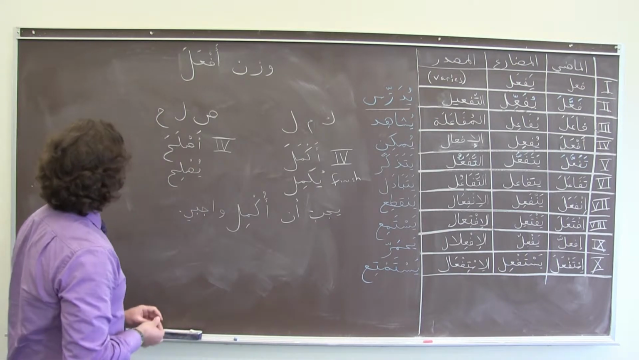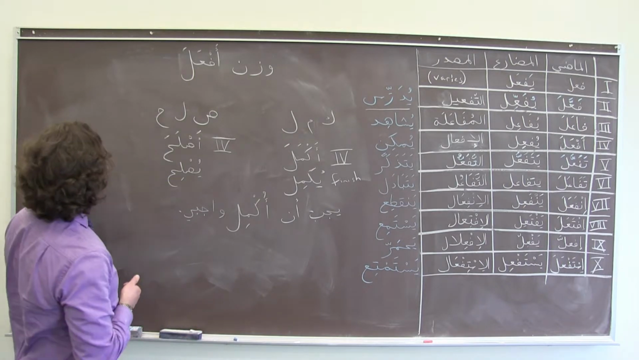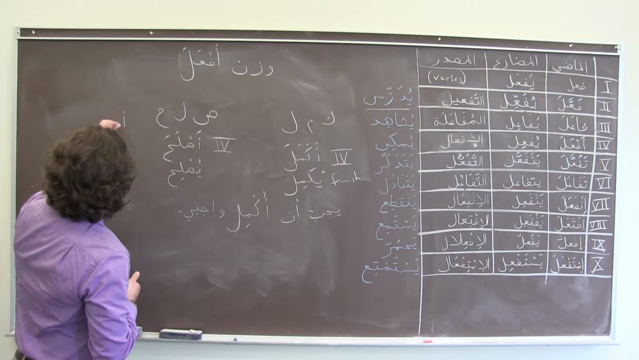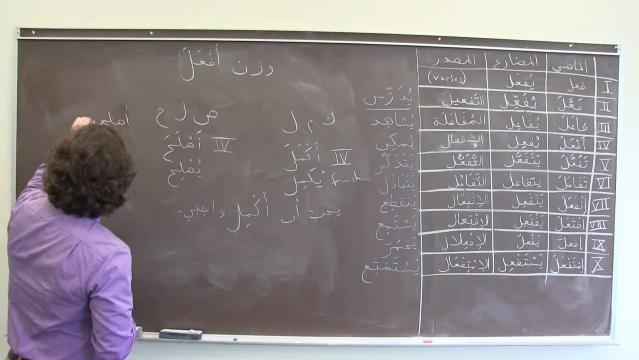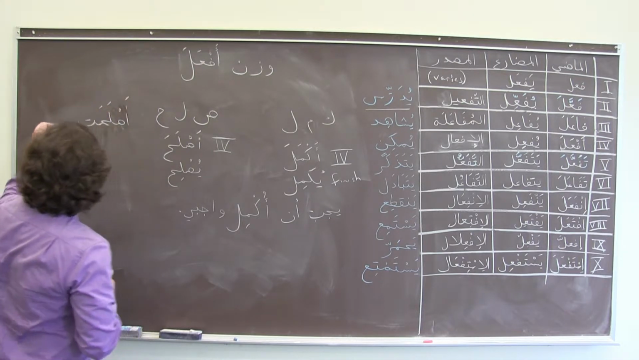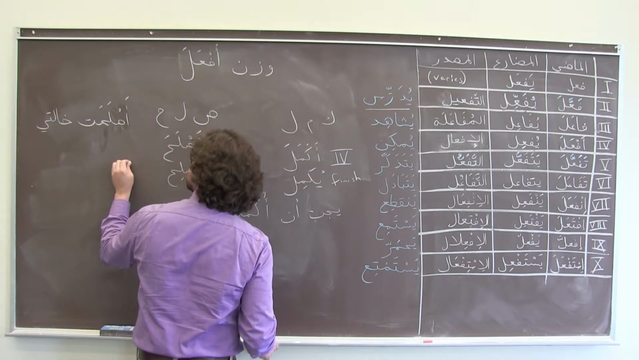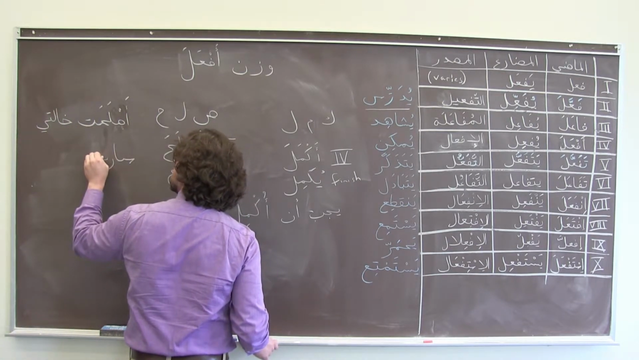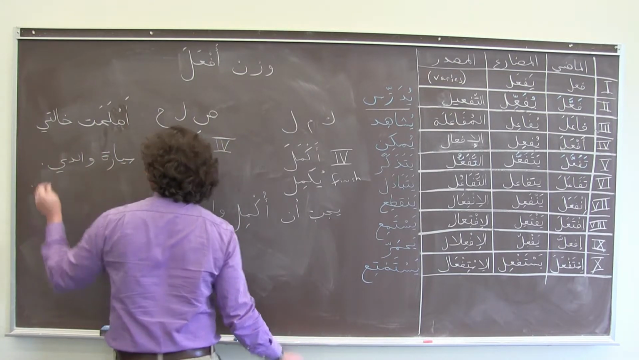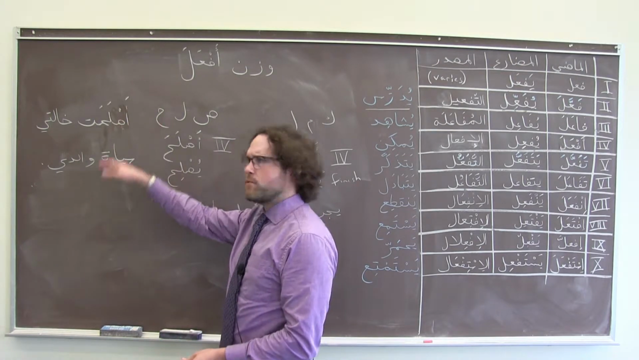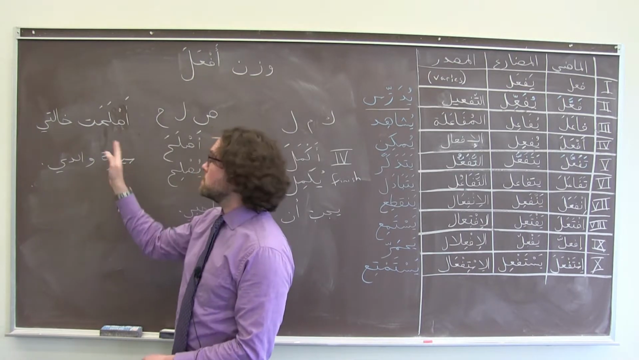So I could say in formal Arabic, my aunt fixed my father's car. Hiya أصلحت خالتي سيارة والدي. In formal Arabic, we tend to put the verb first. So أصلحت خالتي, my aunt fixed the car of my father. أصلحت خالتي